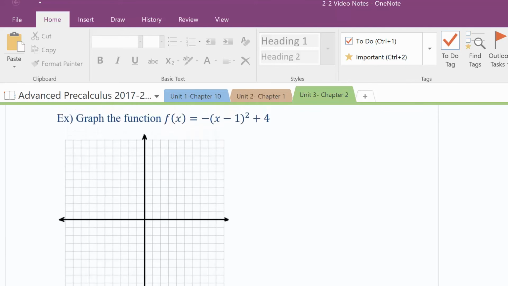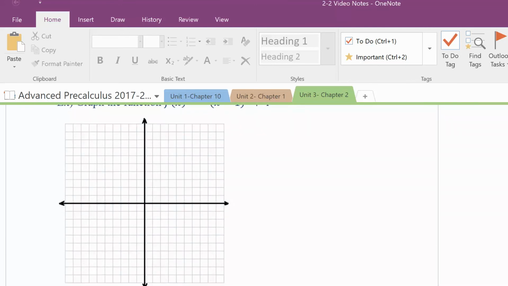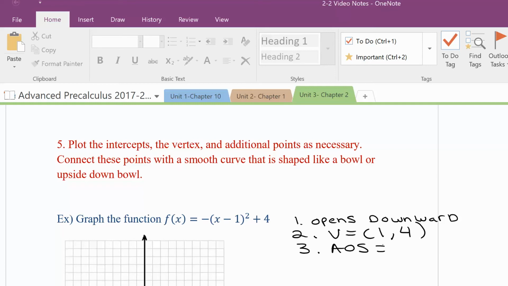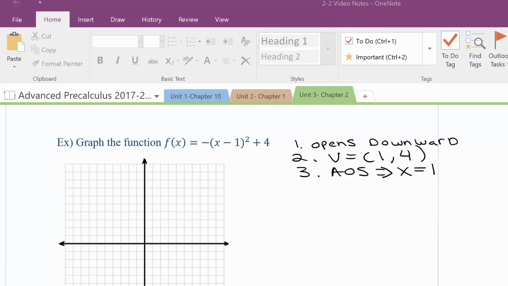So for example, f of x equals negative x minus 1 squared plus 4. So the first thing I know is it opens downward. Step 2, the vertex is equal to 1, 4. Step 3, the axis of symmetry is equal to x equals 1. Also in step 3, the x-intercepts,